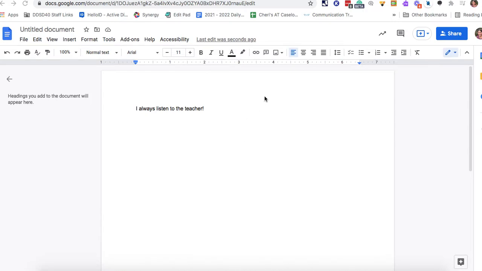Going to show you a little hack. So this has to do with adding images to social stories or directions or anything you need. I opened up Google Docs, then I'm going to go up here to my Chrome extensions and I'm going to